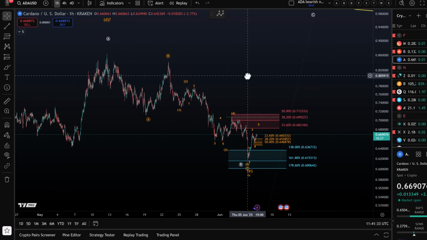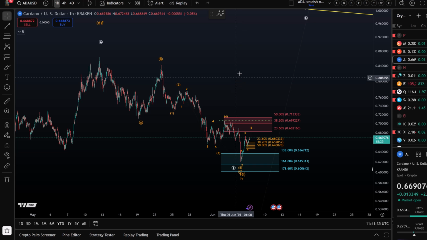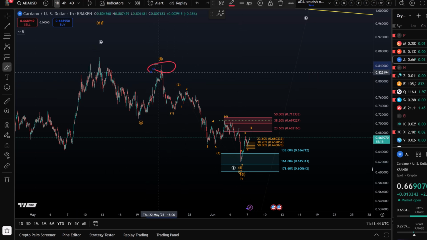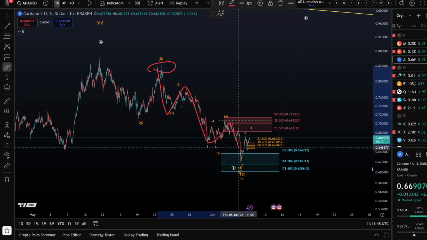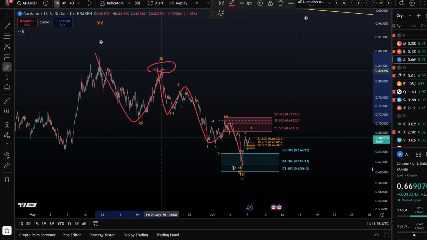So the ADA chart has, as you probably know if you watched the videos over the last few days, reached the target area here to the downside for this internal fifth wave in wave C. After a B wave top tier, we had a wave 1, a wave 2, a wave 3, a wave 4, and a wave 5. So here on the shorter time frame, that marked the potential completion of a decline in